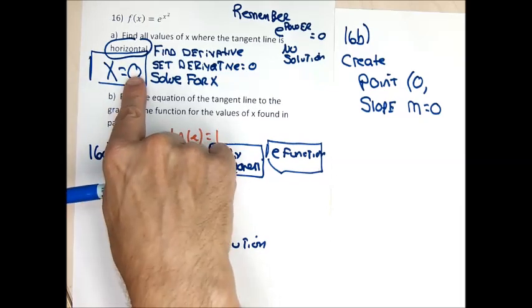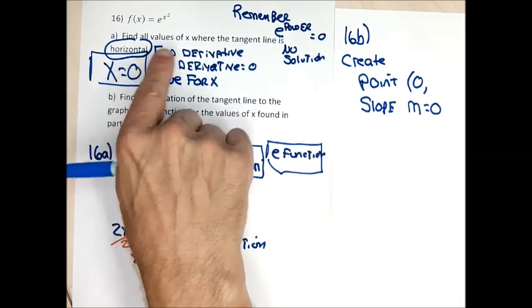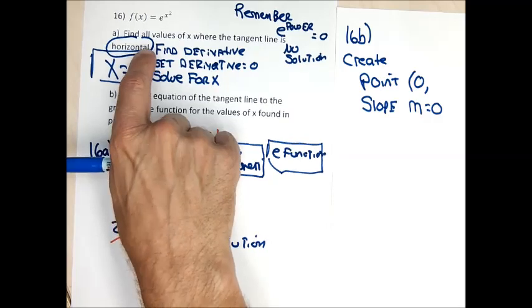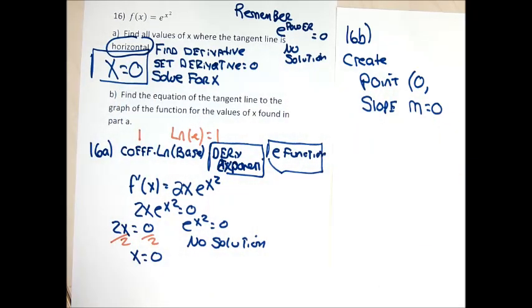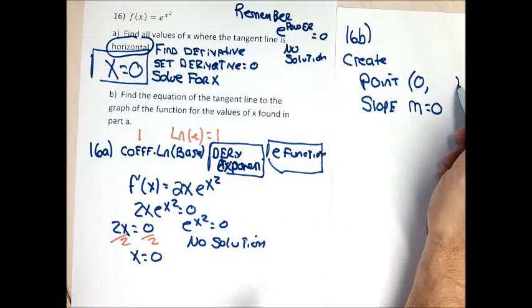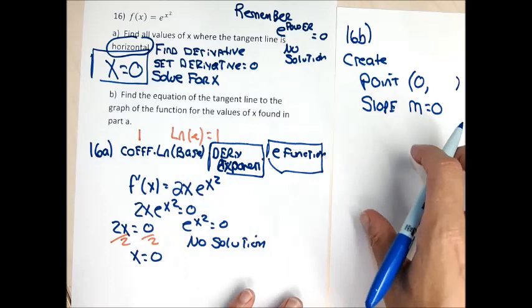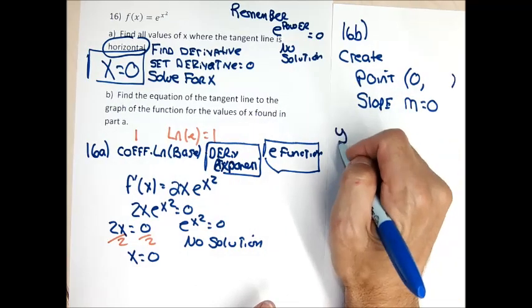The x-coordinate of the point comes from just the algebra. The fact that I'm finding the equation of a horizontal line tells me that the slope is 0, because horizontal lines have slopes of 0. I need to get the y-coordinate of the point, and then I'll do y minus y1 equals m times x minus x1. To get the y-coordinate,